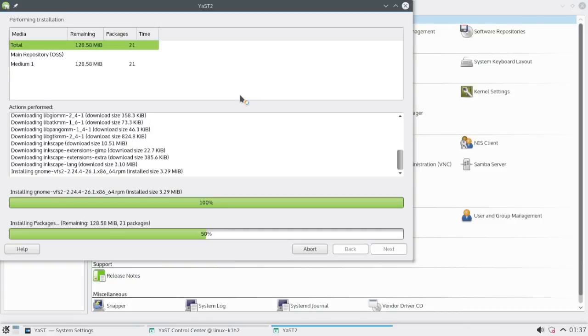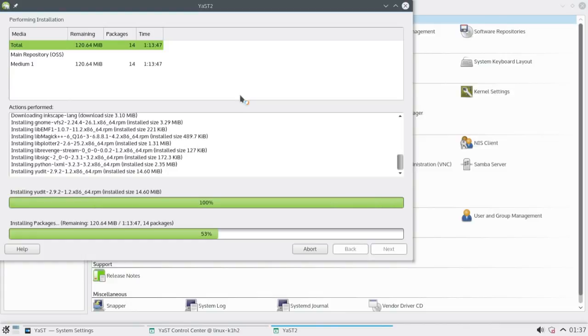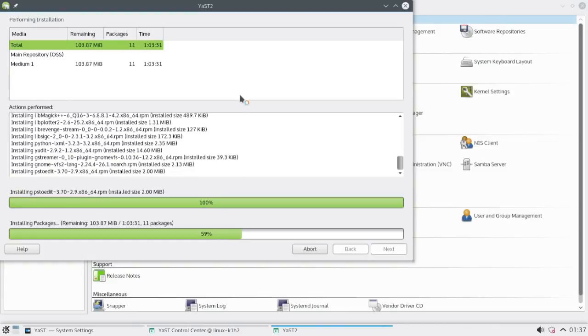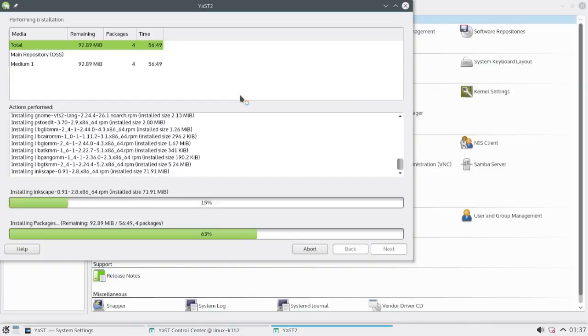I installed it with the KDE desktop. So I booted in with the KDE desktop, and it looked like a very standard KDE desktop. I mean, it looked nice, but then KDE generally looks nice, or at least it does in my personal opinion. And it was running a reasonably standard theme. The guys at openSUSE hadn't either endorsed or created a specific theme for their distribution, which is something that I always feel is a very